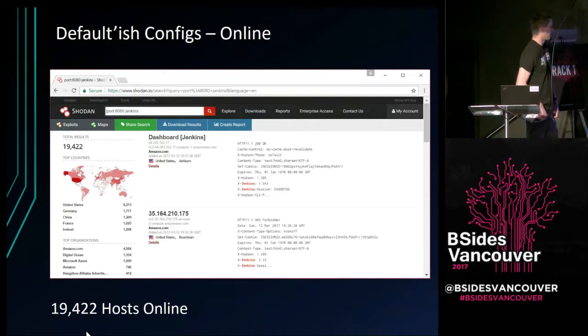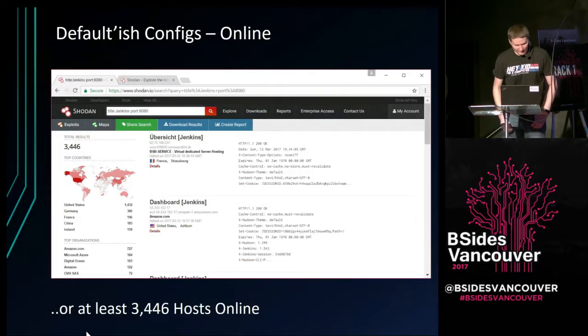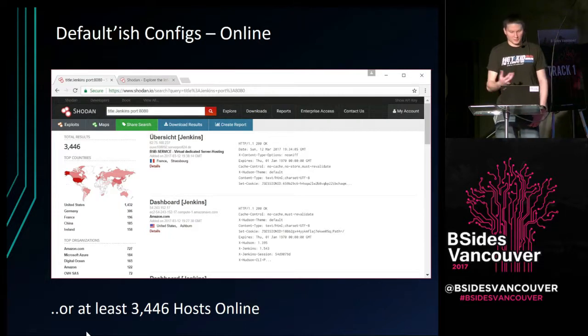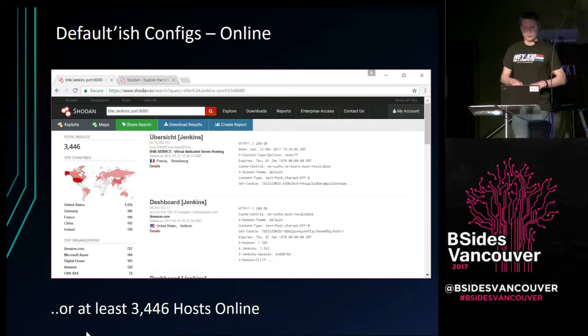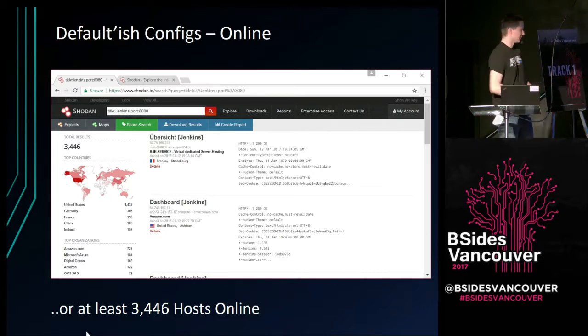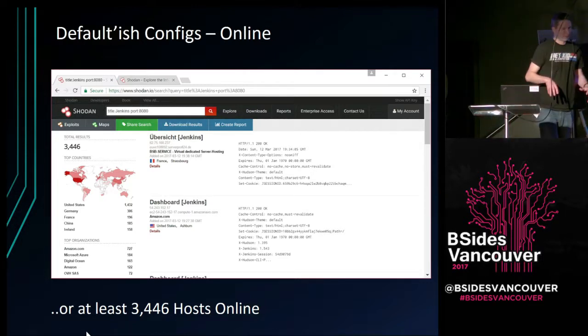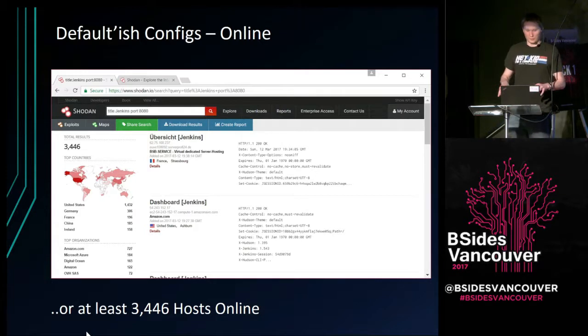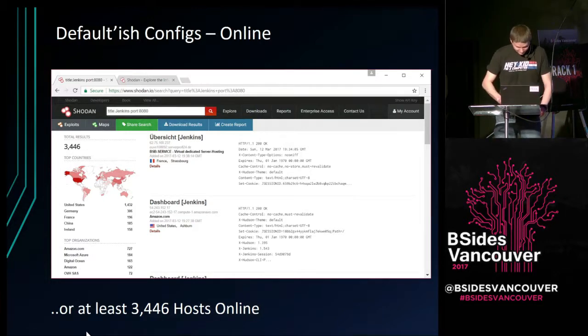just under 20,000 hosts online. I then did a few more searches to make sure they were Jenkins, and then I put that Jenkins needs to be in the title, because it always is, and that only ended up with 3,400 hosts online. I then did a bunch more queries, and basically Shodan's 100% flaky on how it does its searching algorithms. So anytime you see a presentation and people are referencing Shodan, the numbers are almost definitely wrong because Shodan does really weird things with its search. But that didn't stop me.